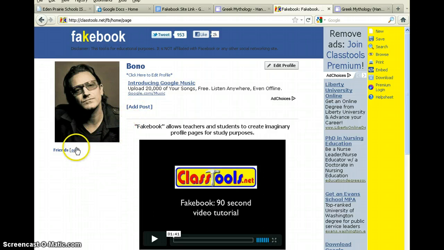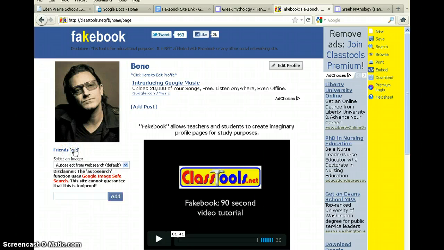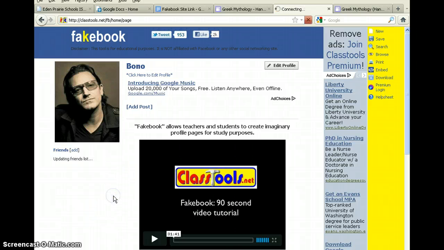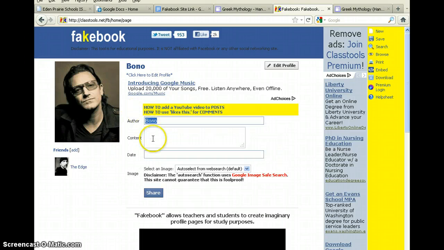Then I'm going to add a friend. So I'm going to go over here and add. And I know one of the lead guitarists of the band U2 is named The Edge. Goofy names. And it's going to update the friends list. And it's going to find The Edge. And there he is. And then I'm going to add a post. And the post will be